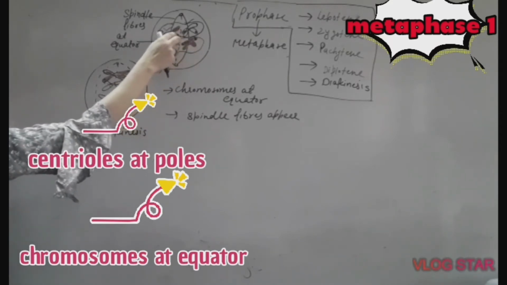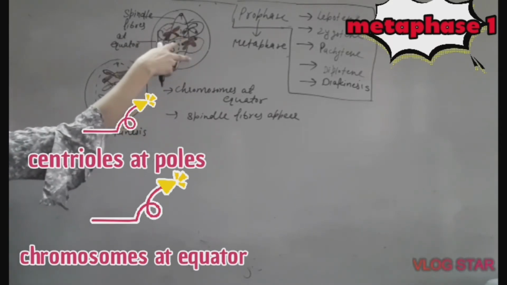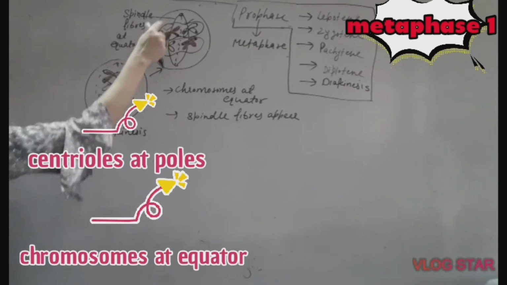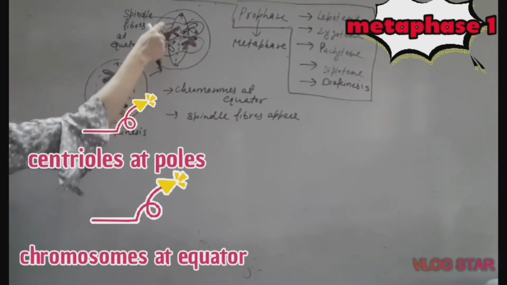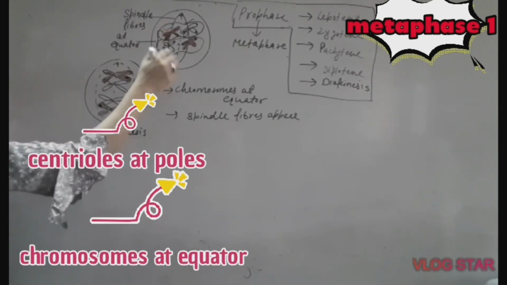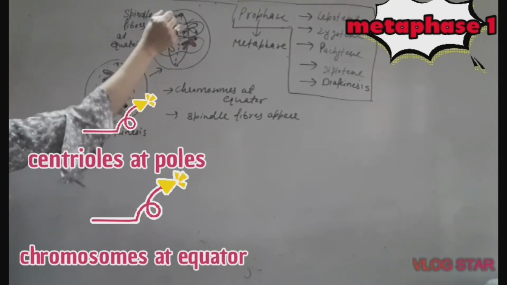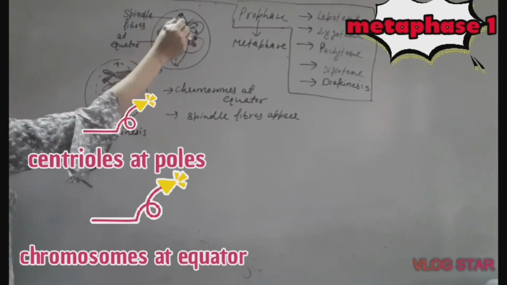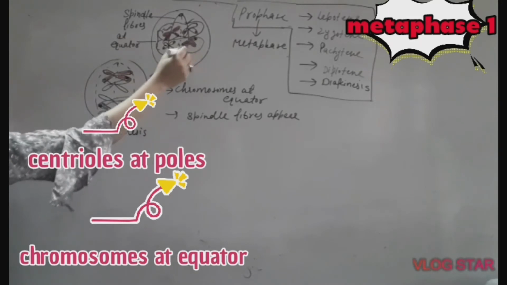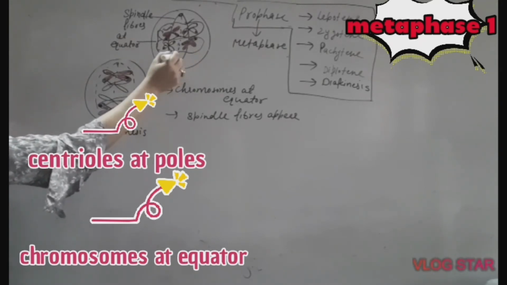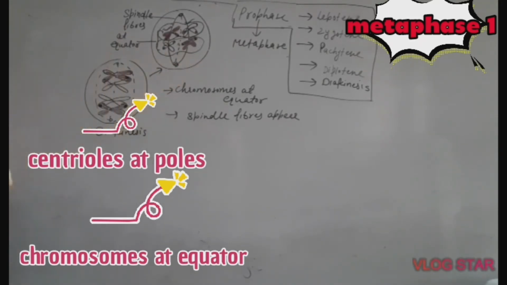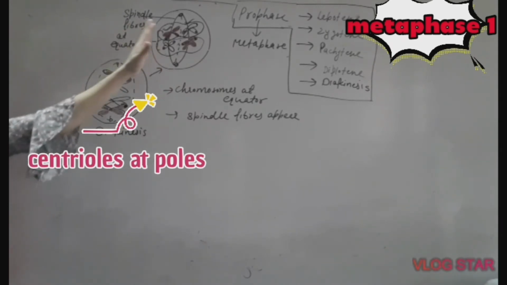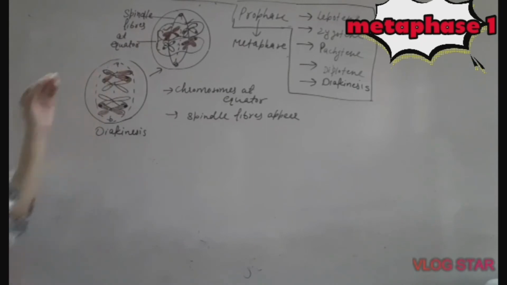These bivalents arrange themselves toward the opposite poles so that each pole can have chromosomes from both parents. Like this pole, this centriole has both paternal and maternal chromosomes, and the same is at this side. This pole also bears both paternal and maternal chromosomes. That is the reason the distribution of chromosomes while they arrange themselves at the equator is not equal. This is random.